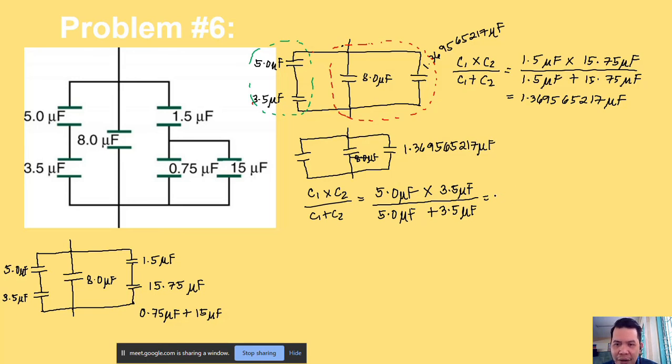So, meron po tayong value na 2.058823529 microfarad. So, I will just write lang po the value of our new capacitor here, 2.058823529